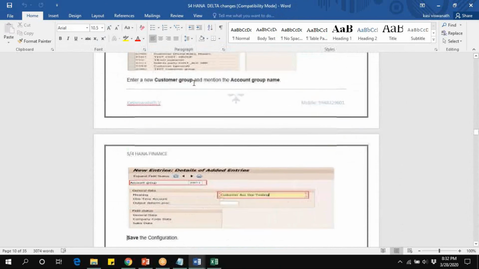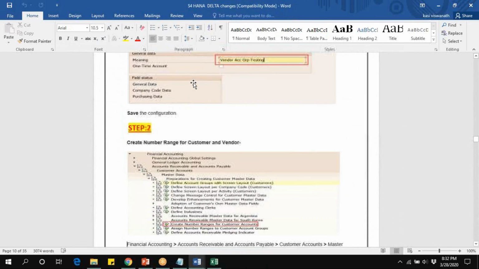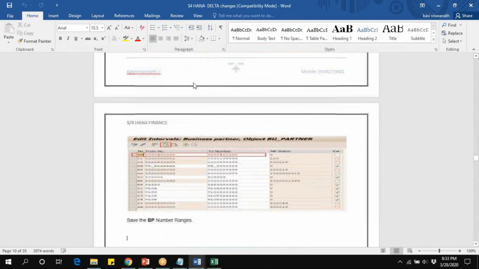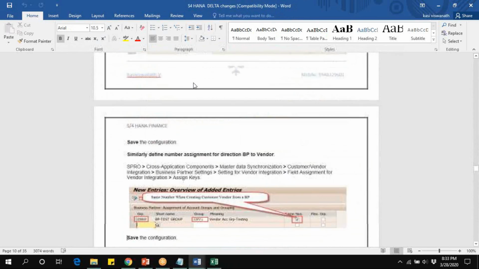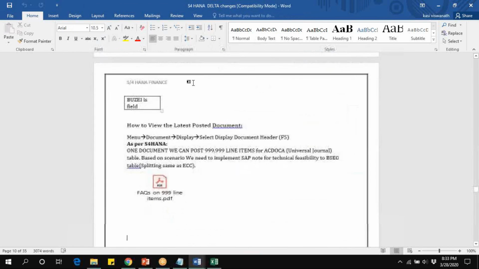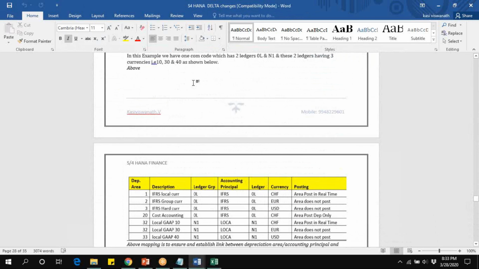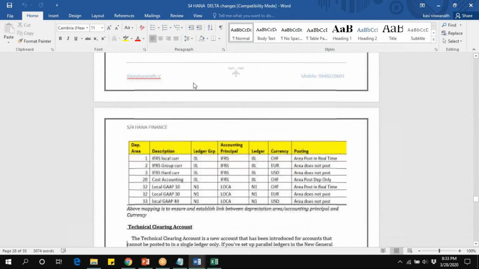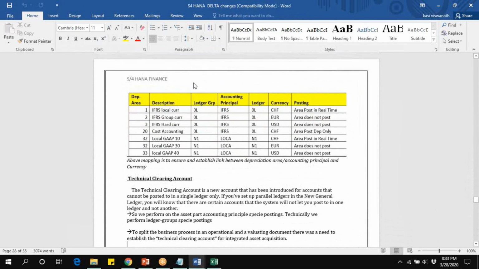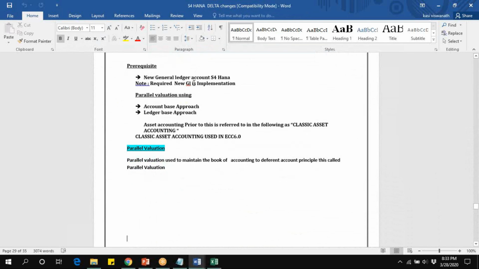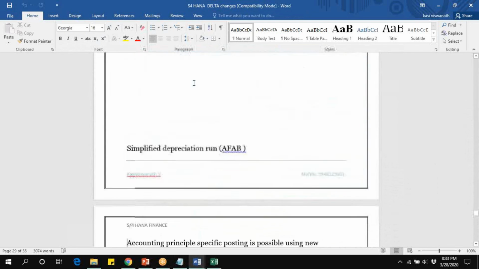Currency evaluation and BP, business partner, is a great task in HANA Finance. Business partner is a partner function where we can create both vendor and customer. If the same customer is a vendor, how to work on the principles and how to set off tax principles. And what are technical clearing accounts, how data is integrated, and what are parallel valuations.